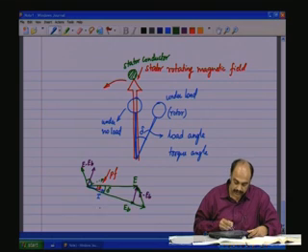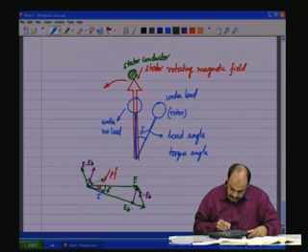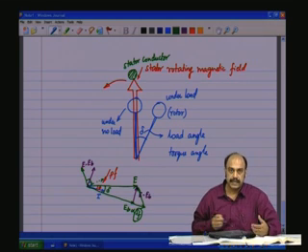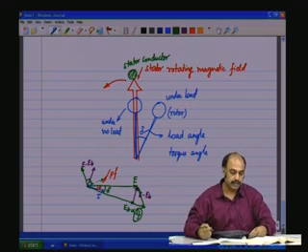So the current can either lead or lag depending upon the field excitation. This is proportional to IF. So as you control IF, you can make the input current lead or lag. So that is one of the major advantages of the